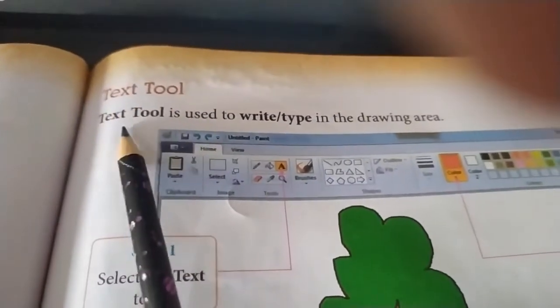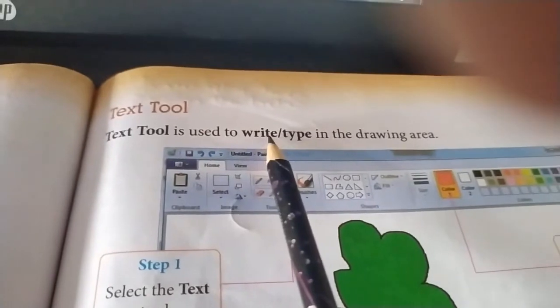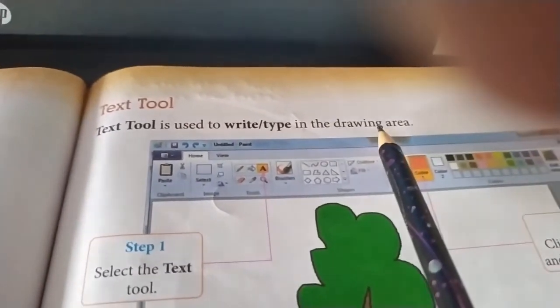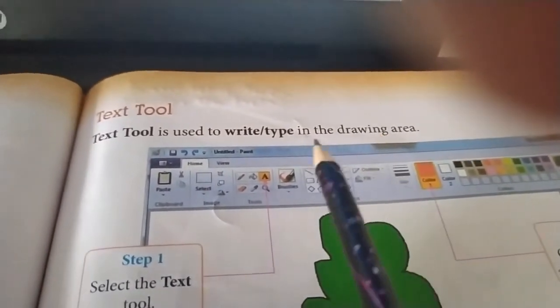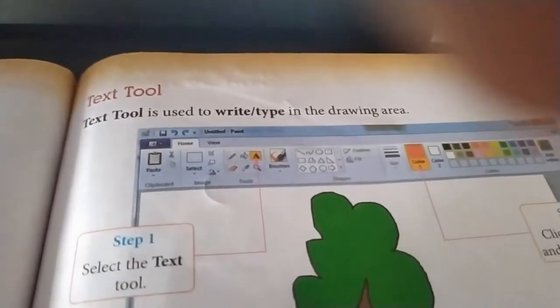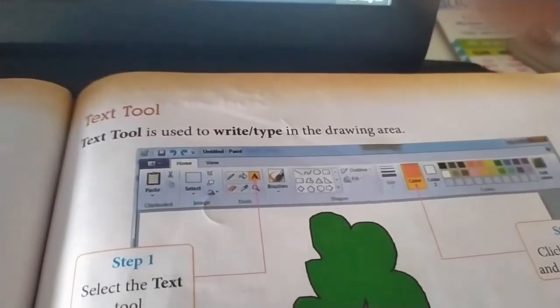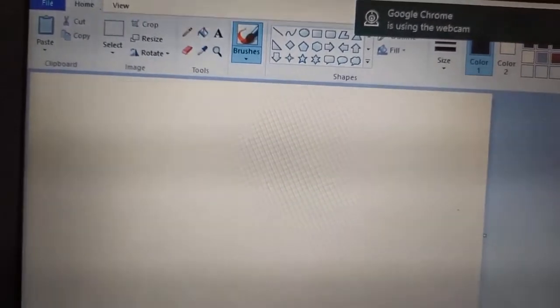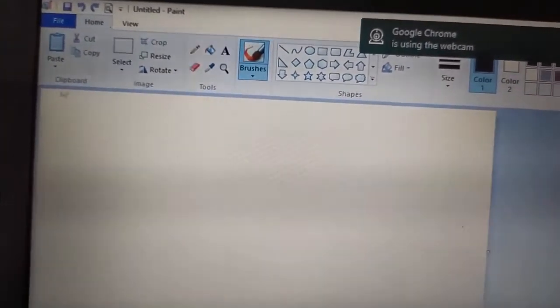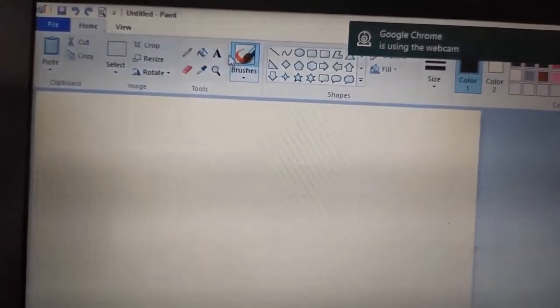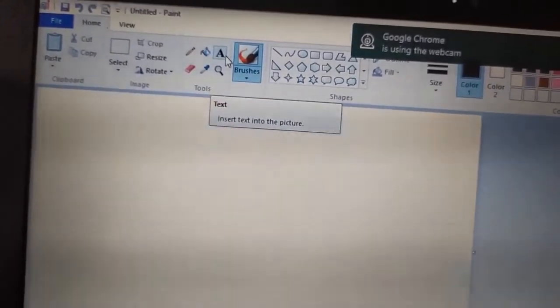Text tool. The text tool is used to write or type in the drawing area. So let us see how this text tool is working. Now this one is the text tool.